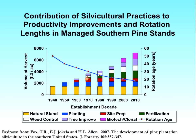Fertilization has also played a very significant role in the U.S. South since the 1970s to current day. And you can see that it's generally causing an increase in volume growth over time. Also contributing to increases in productivity really since the 1970s is some form of weed control, and we're talking about primarily chemical weed control, either pre-plant chemical site preparation in more recent times or herbaceous kinds of weed control at